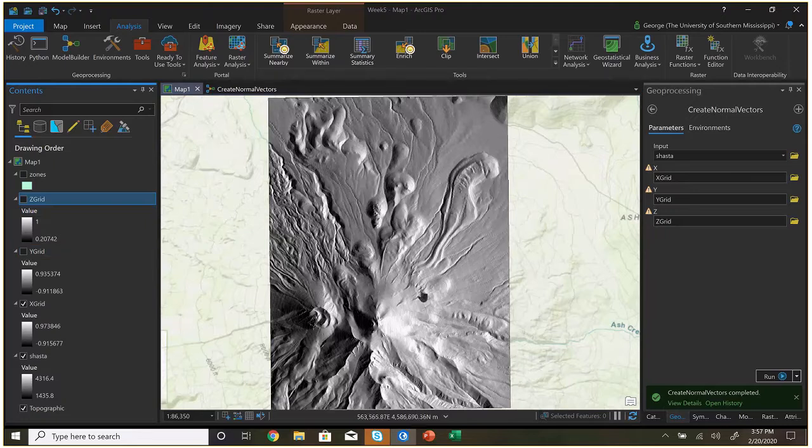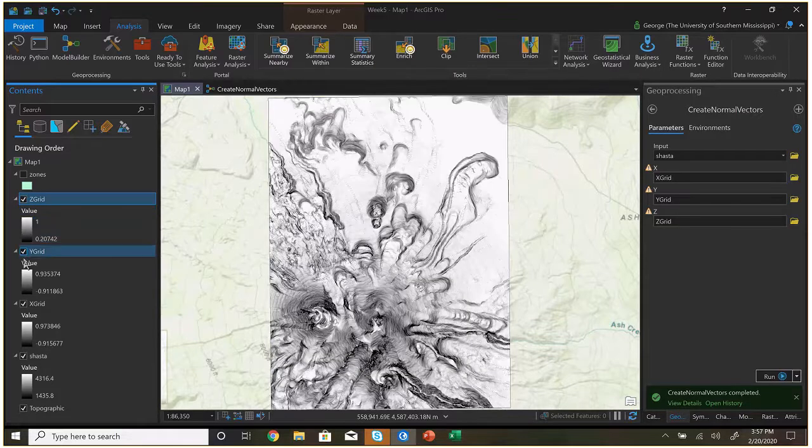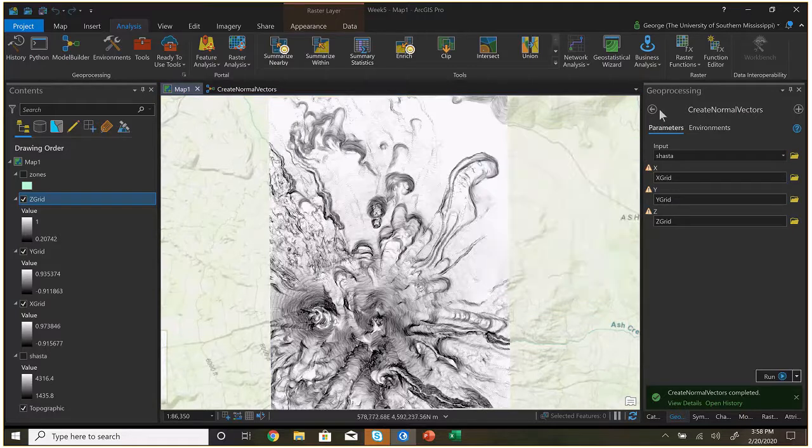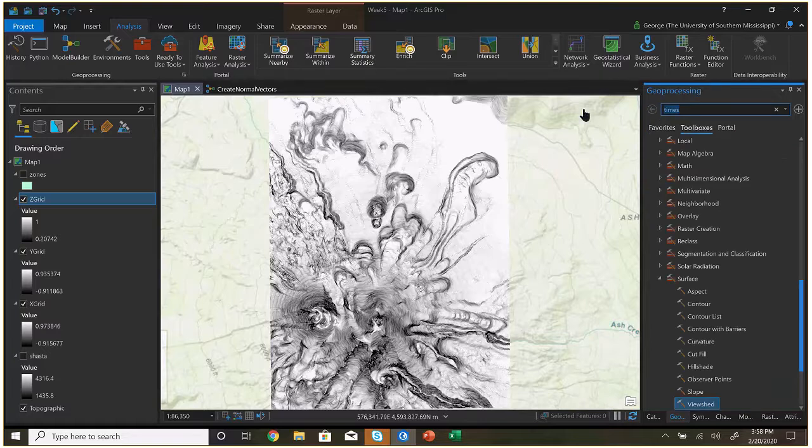And then finally, the X grid is the same, but it's going this way. So together, all three of these values, the Z grid, the X grid, and the Y grid, are the position of that surface normal vector. So if I click here, let's see, how in ArcGIS do you get all three of the, anyway. Oh, I got one way. This is not something I thought of doing, but